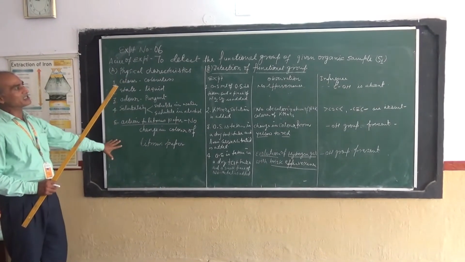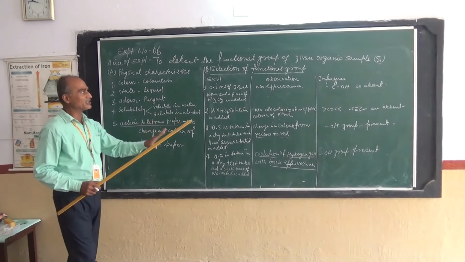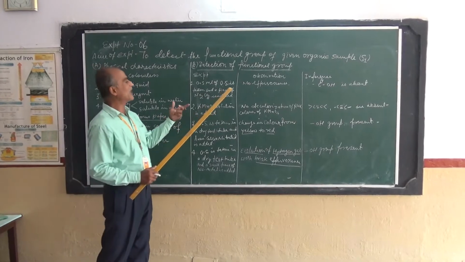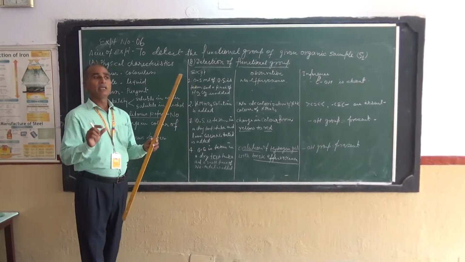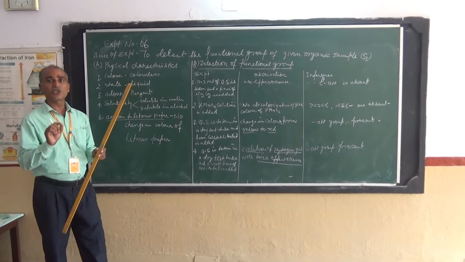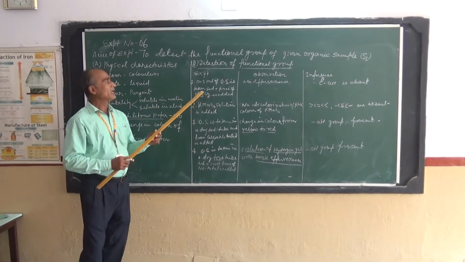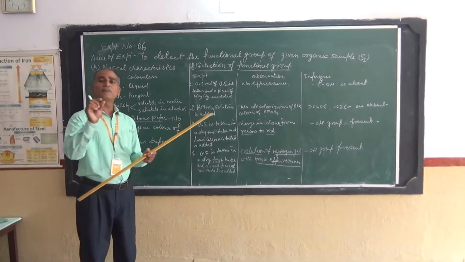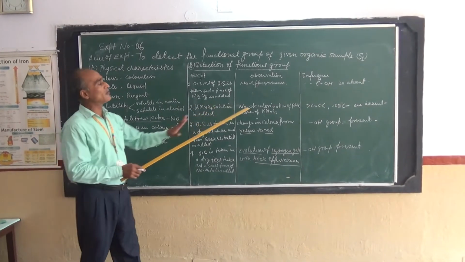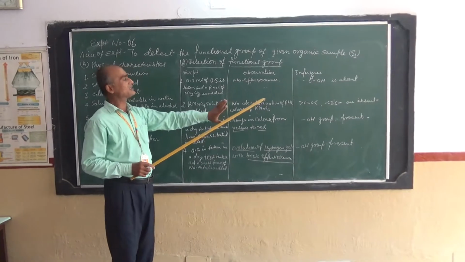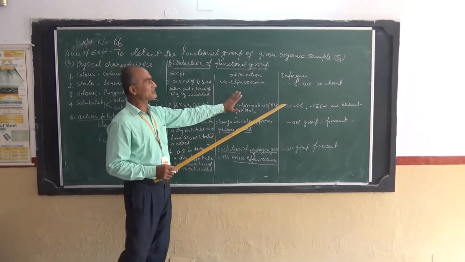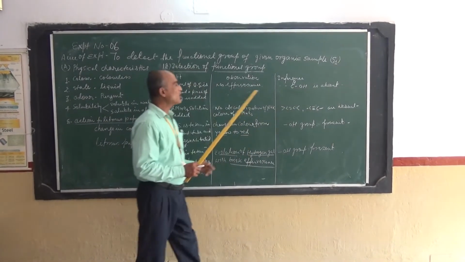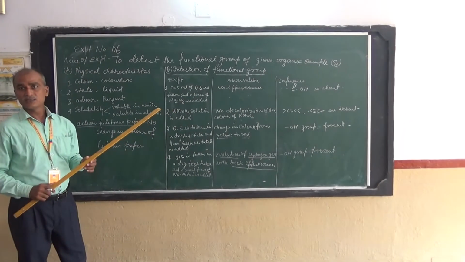After concluding this process, we go through the chemical analysis. In this, we will take 0.5 ml of the organic sample in a dry test tube. Every time we will take a dry test tube during the detection of functional group. Add a pinch of sodium carbonate. You will observe no effervescence, no gas evolved in this process. That infers that carboxylic acid is absent. There is no acid in this organic sample.